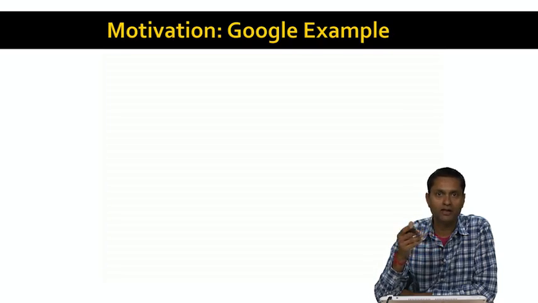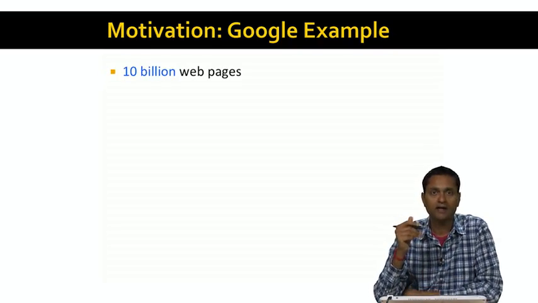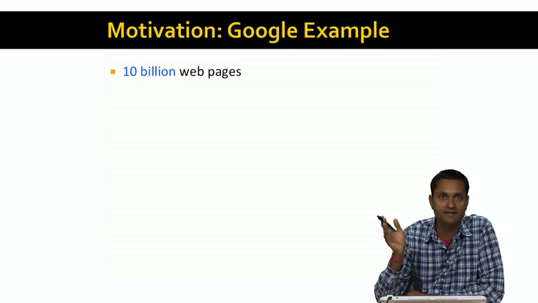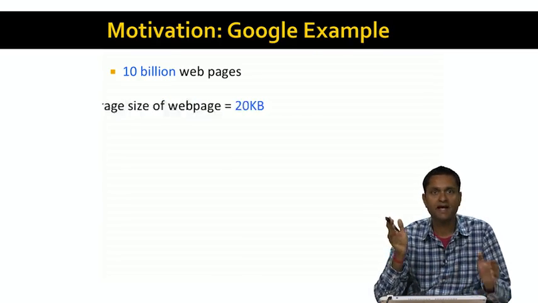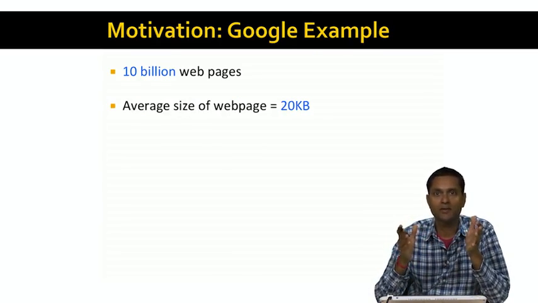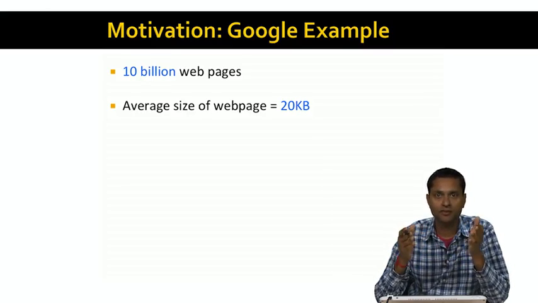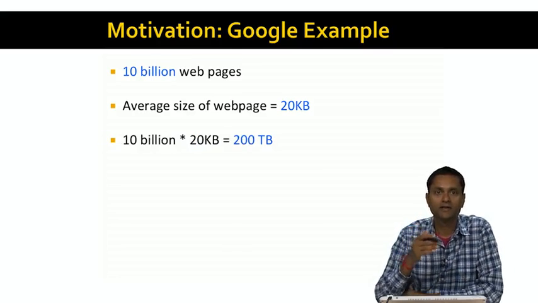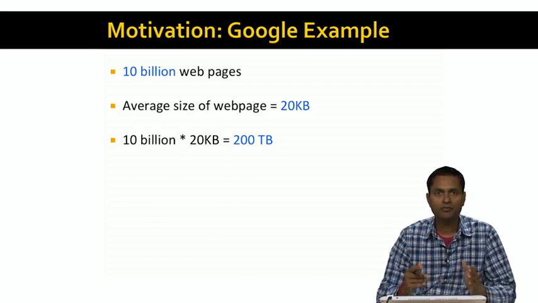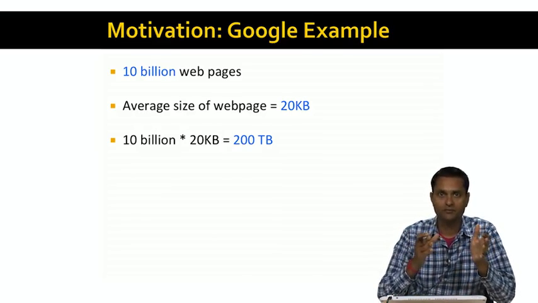So think about Google crawling and indexing the web, right? Let's say Google has crawled 10 billion web pages, and let's further say that the average size of a web page is 20 kilobytes. Now, these are representative numbers from real life. Now, if you take 10 billion web pages, each of 20 kilobytes, you have a total data set size of 200 terabytes. Now, when you have 200 terabytes, let's assume that we're using the classical data mining model, and all this data is stored on a single disk, and we have to read it in to be